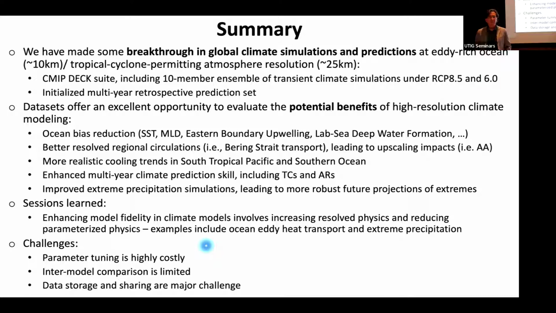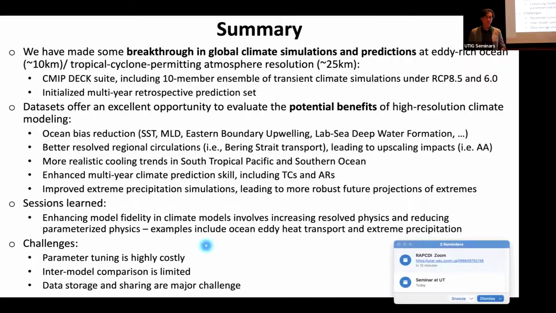I can't answer that, but the configuration of the model we're using, as I said, is very similar to the standard CESM 1.0. So we didn't change the aerosol component of the model. We basically kept the configuration the same as CESM 1.0. But I can get back with you on the more details.